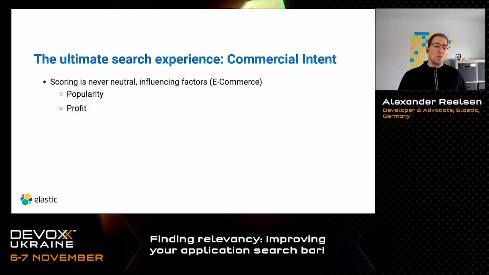Profit is another interesting one, right? If you search for iPhone on any e-commerce site, the first thing that pops up is an iPhone leather case compared to the iPhone itself. That's not a good experience unless you searched for iPhone case. But because you would probably make much more money selling the iPhone, it's very likely that these kinds of items will occur first in your search. And the same is with my TV search, right? If an e-commerce retailer is making 10% on one product and 20% on the others, it probably scores the one which gives a higher profit higher up in the search results.